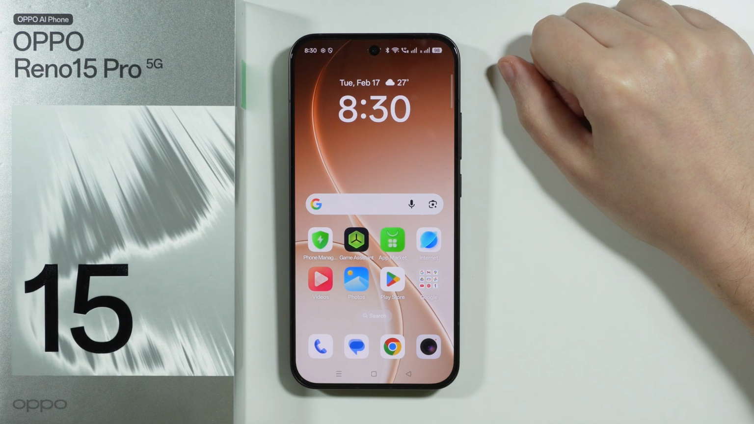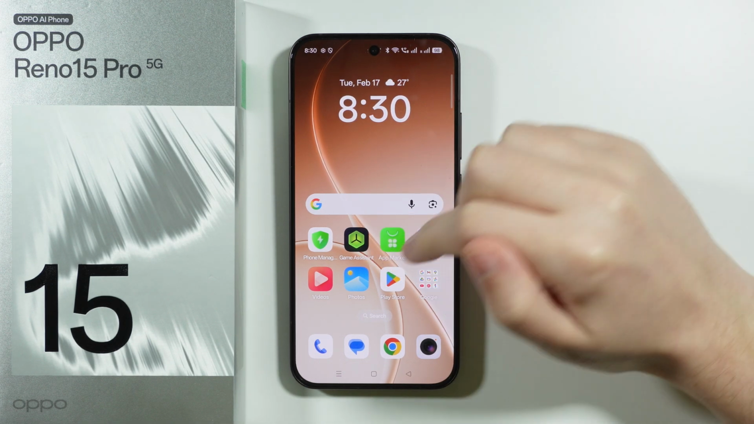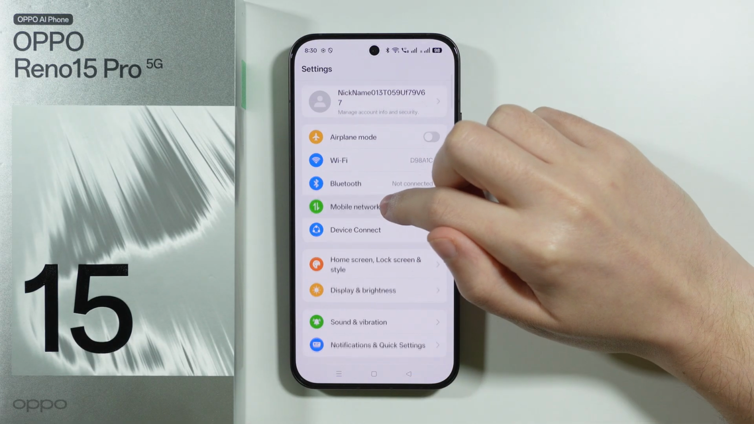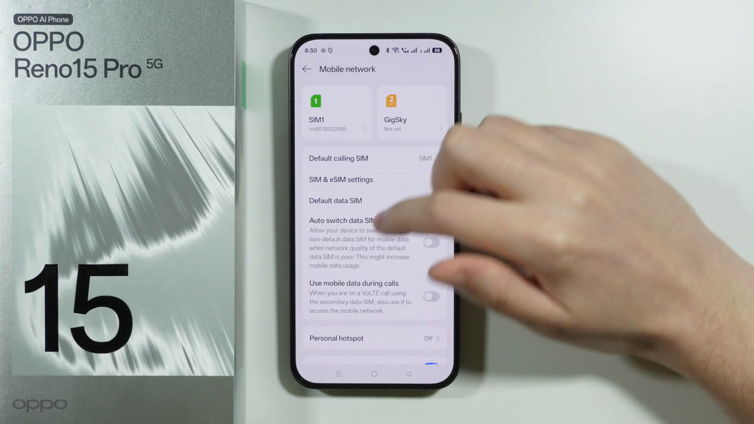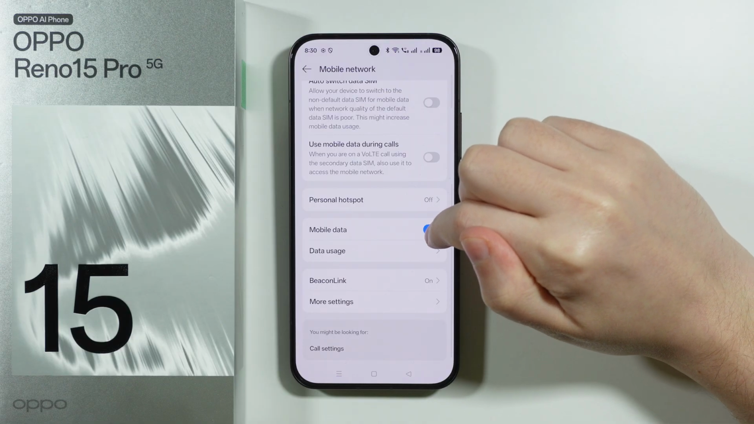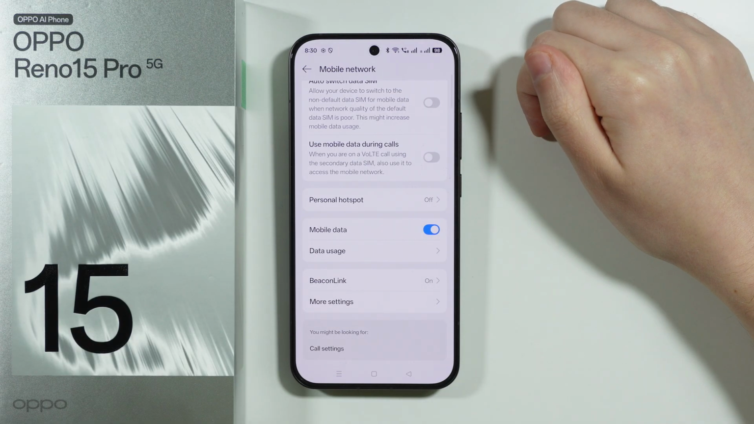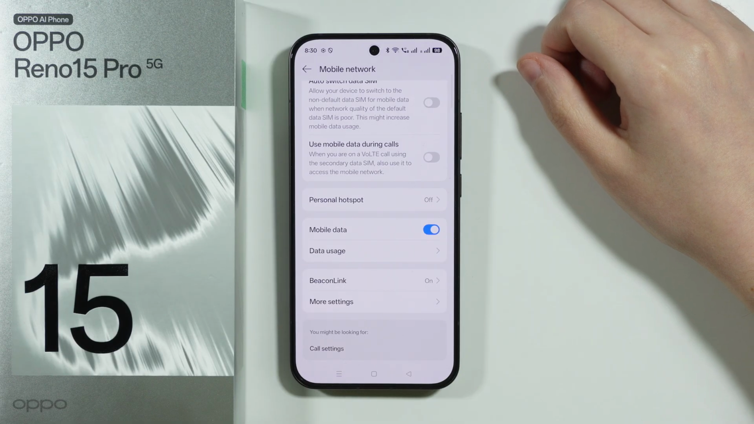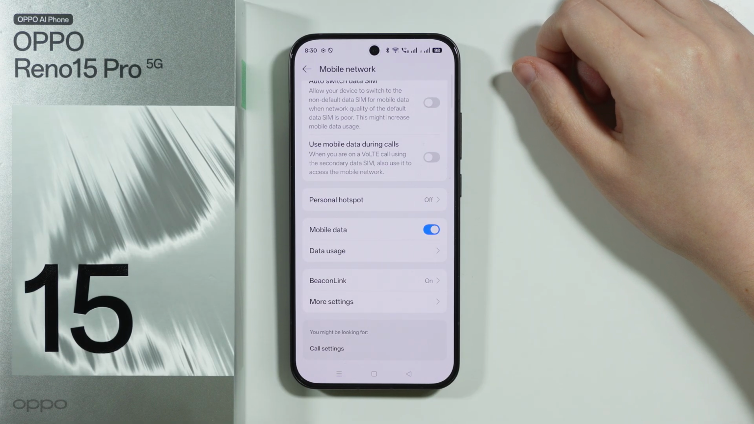If you have issues with mobile data not working properly on OPPO Reno 15 Pro, here's what you can do. So first we're gonna open settings and let's go to mobile network. One of the main things that you can do is you can simply disable and enable mobile data. Sometimes a simple switch off and switch on allows you to fix some of the issues with mobile data, of